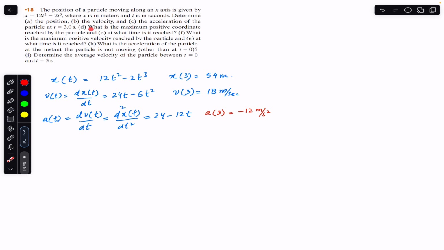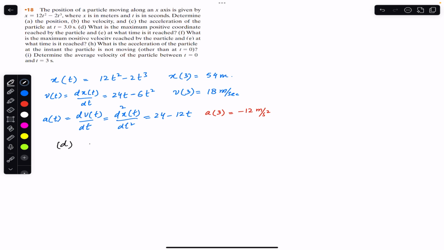And now part D asks: what is the maximum positive coordinate reached by the particle? Since the particle is moving along the x-axis, we have to find the maximum positive coordinate. The maximum positive coordinate will be the point where the velocity becomes zero, or where the particle stops momentarily. So to find the solution for point D,